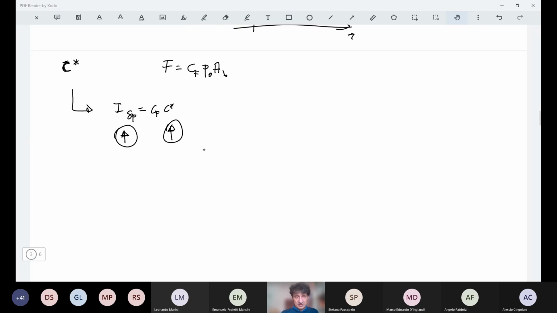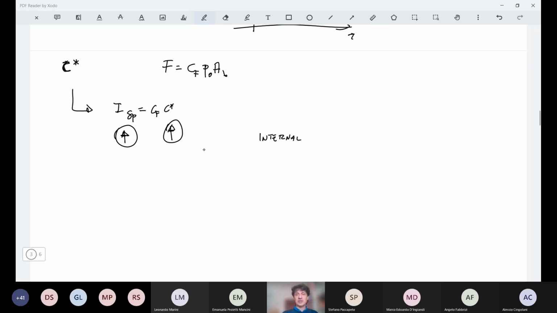We can achieve this C star by heating, by internal release of energy. In general, I recall that we have some internal energy